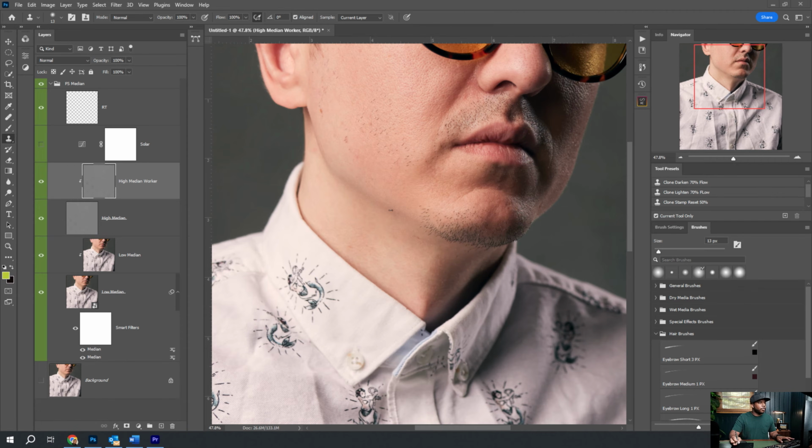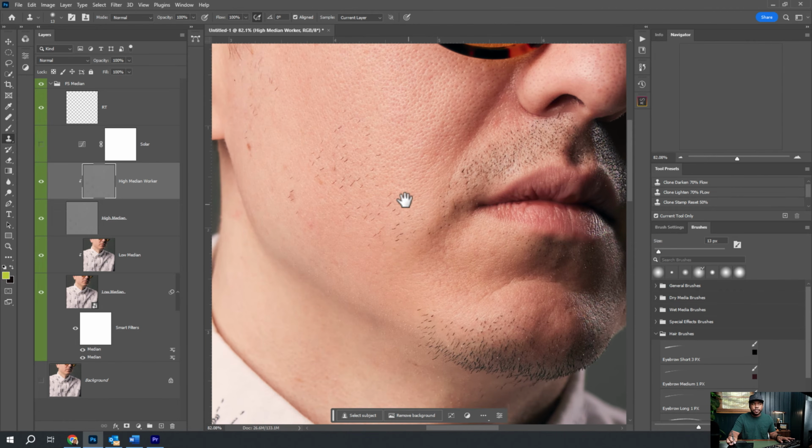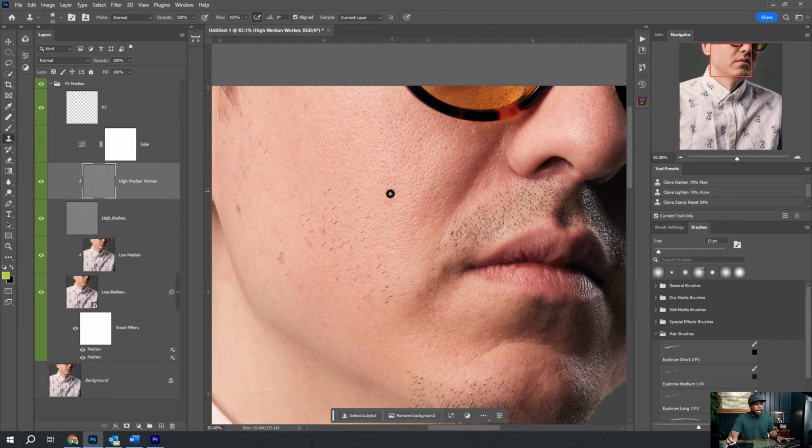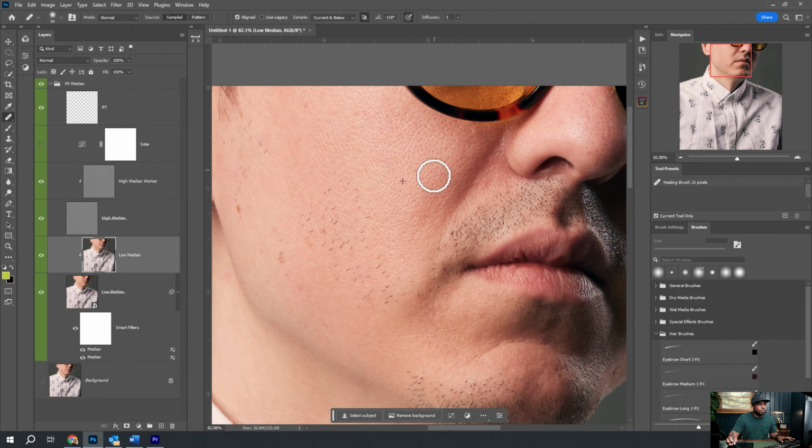The reason we don't want to clean our color first is because color follows texture, right? I mean, think about someone's skin. If they have really deep, pitted skin, then they're probably going to have some discoloration. The discoloration kind of goes hand in hand with that. For the most part, I mean, if we were to completely wipe the color first, which is what a lot of people do, they'll start blending their color